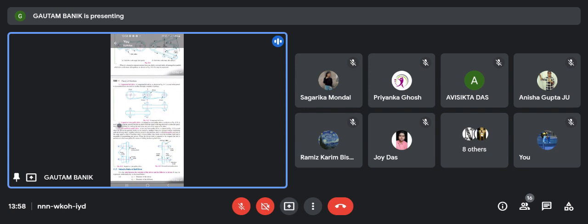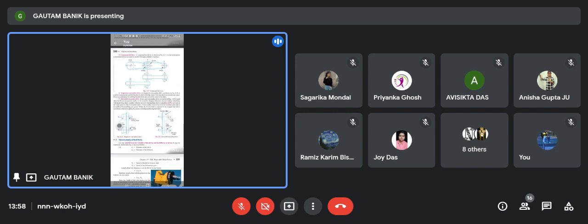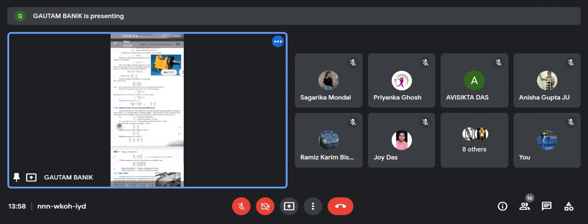Therefore, RPM will be the same; N2 and N3 will be the same. Then N4/N1 into N3/N2, that is the same, equal to the product of the two diameters,